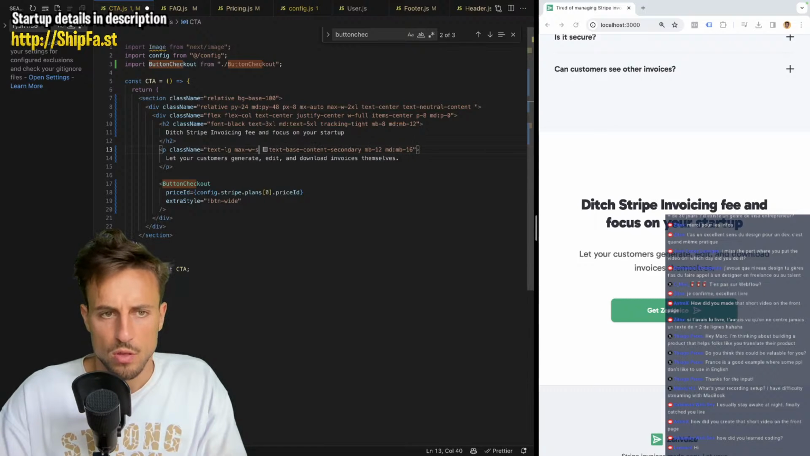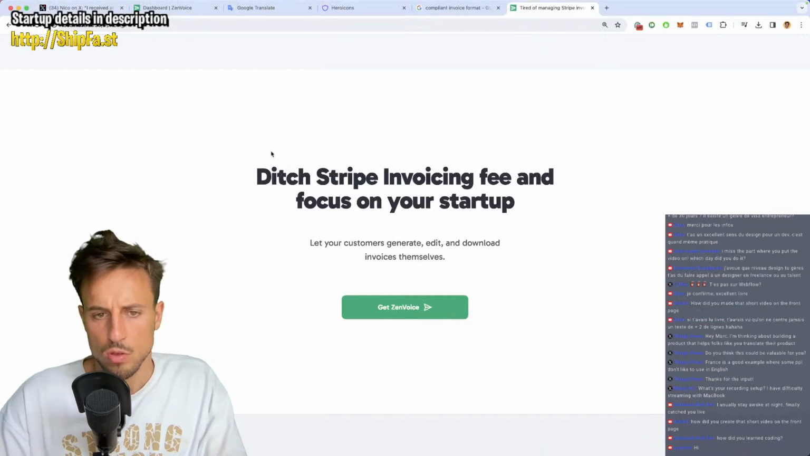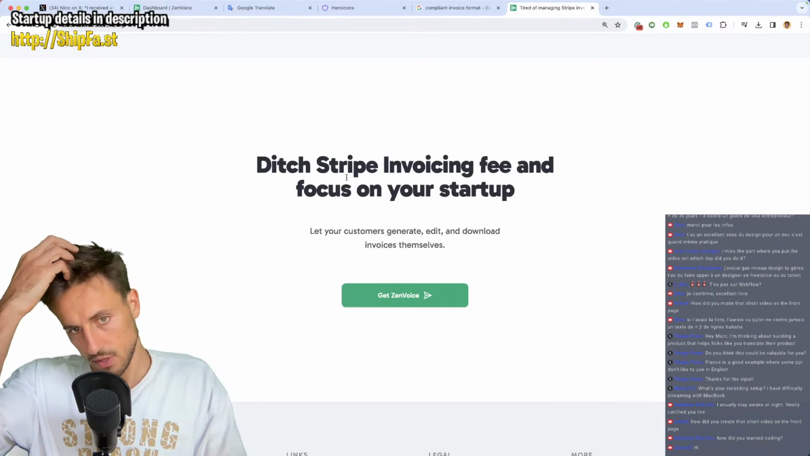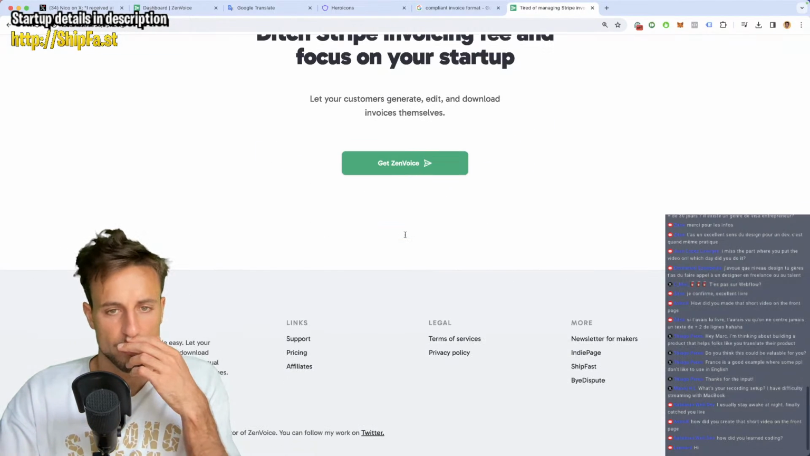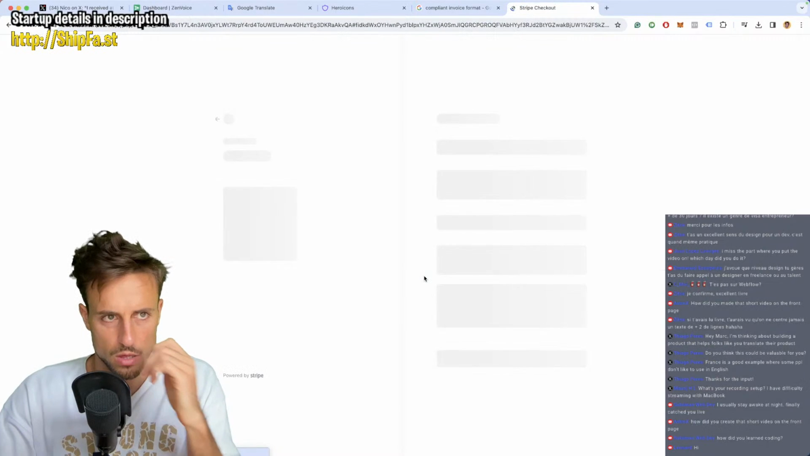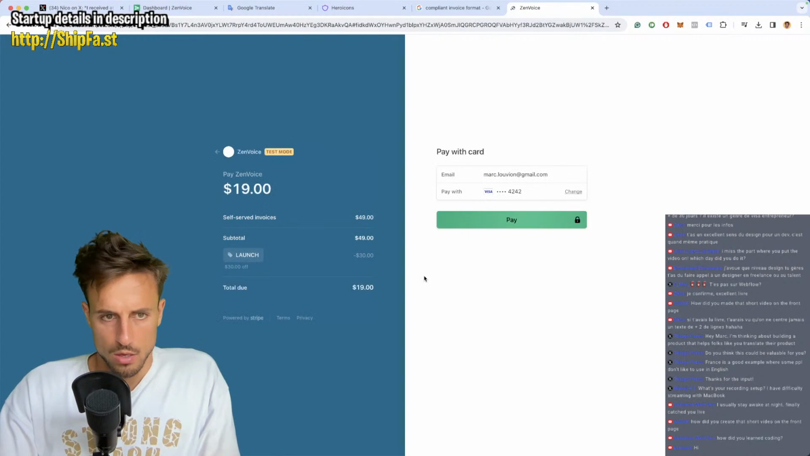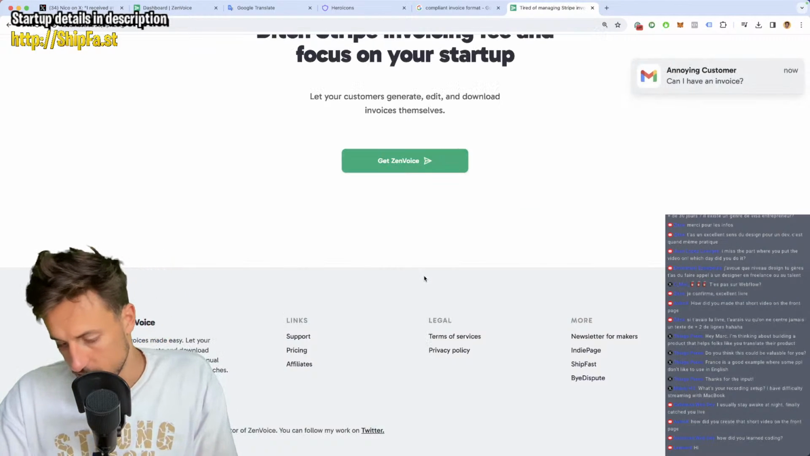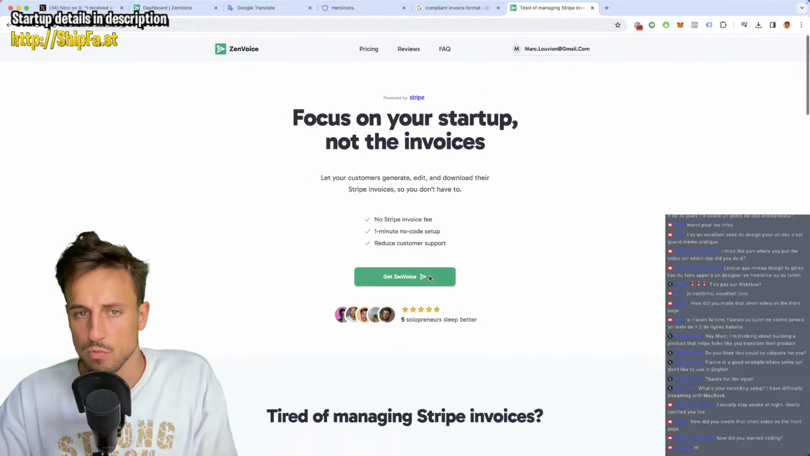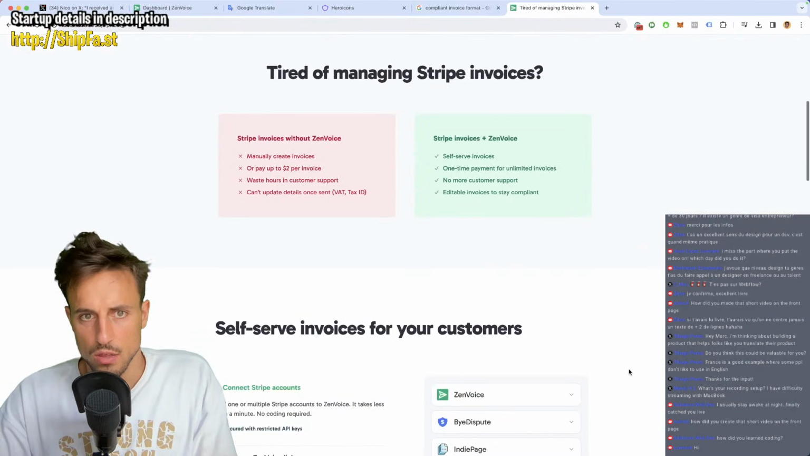Ditch the Stripe invoicing fee and focus on your startup. Let your customer generate, edit, and download invoices themselves. The Get the invoice button is working, and we can move on. Let's just put this on a real screen. Okay,